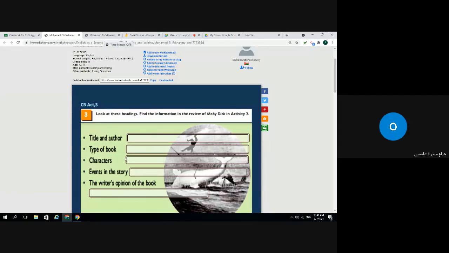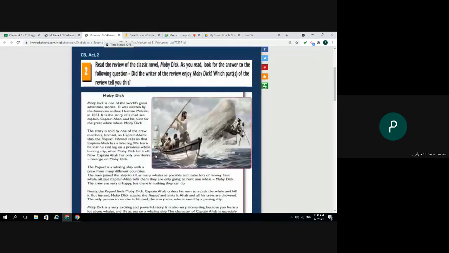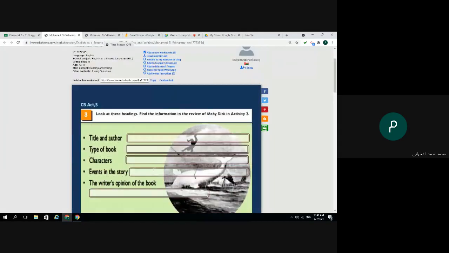Okay, thanks. Asad, the type of this book? What is the type of this book? True story. Adventure. You can go back again to the text and you can find this word, adventure story. Okay? Thanks.